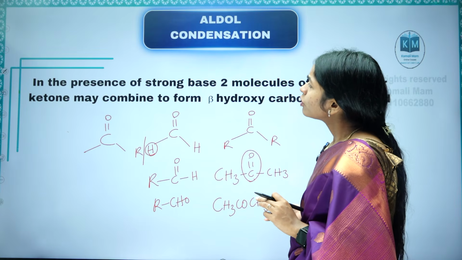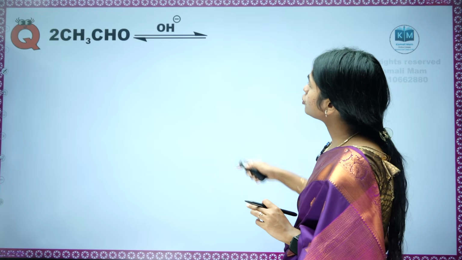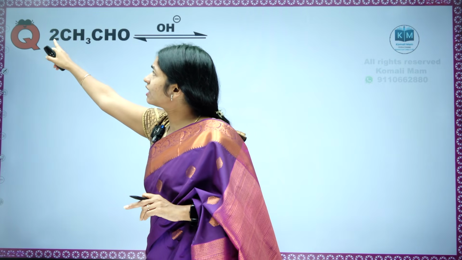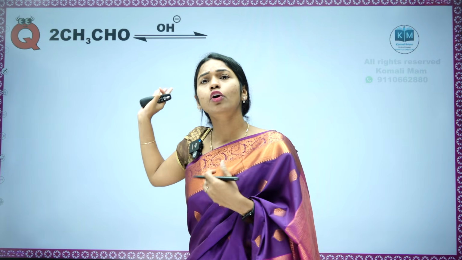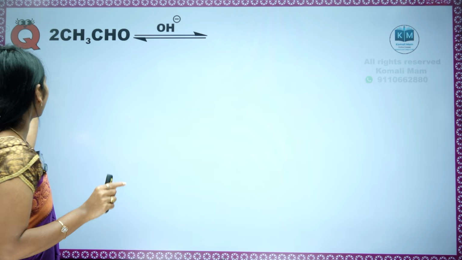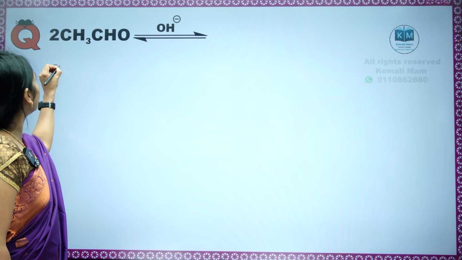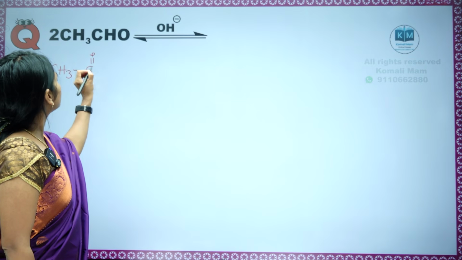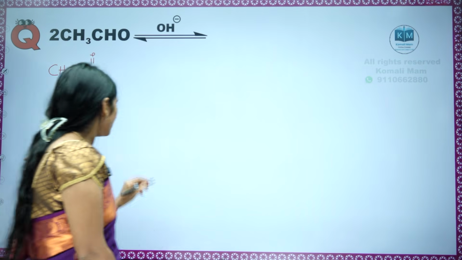Now, what is happening in the presence of a strong base like OH minus? This is one aldehyde. It is reacting with one more aldehyde, and it is going to form a product. What is that product? How to write it? But before the technique, one time I want to show you the mechanism. Let us see it faster. You can pause this video and watch it many times. See the aldehyde, CH3, C double bond OH. Students, without this mechanism also, you can solve it.